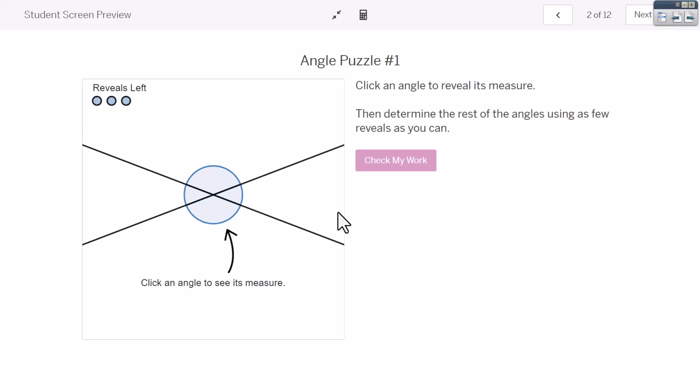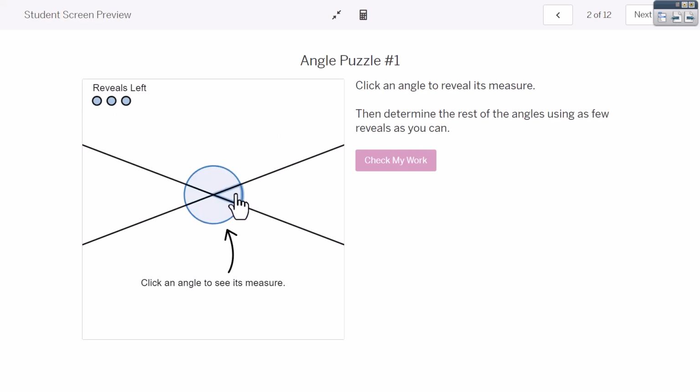So there's going to be a lot of angle puzzles today where you're asked to figure out angle measures based on just a little bit of information. Now what we have right here are two intersecting lines. So I bet we're going to be able to use vertical angle measures and the fact that those should be equal. We're asked to click on an angle to reveal its measure and then determine the rest of the angle measures